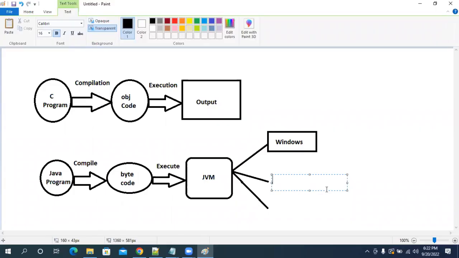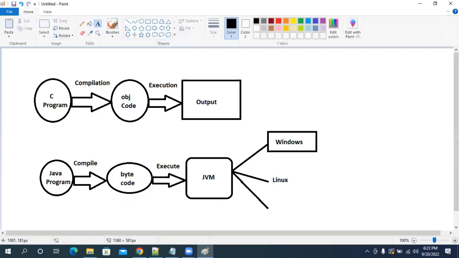Then that JVM is going to take your bytecode. It will convert that bytecode into underlying machine understandable format. That means if you are using a Windows machine, if your laptop has a Windows operating system, that bytecode will be converted into Windows machine understandable format. Are you guys getting my point?